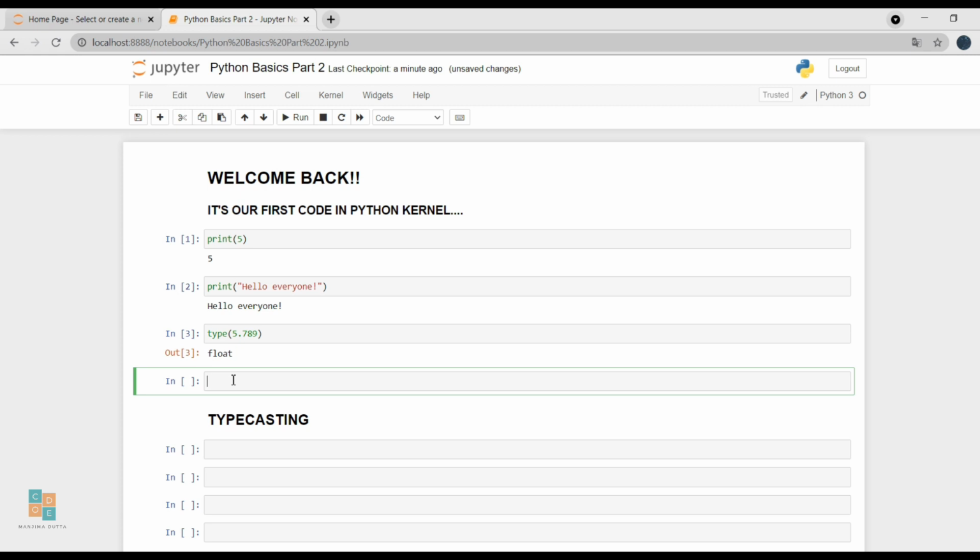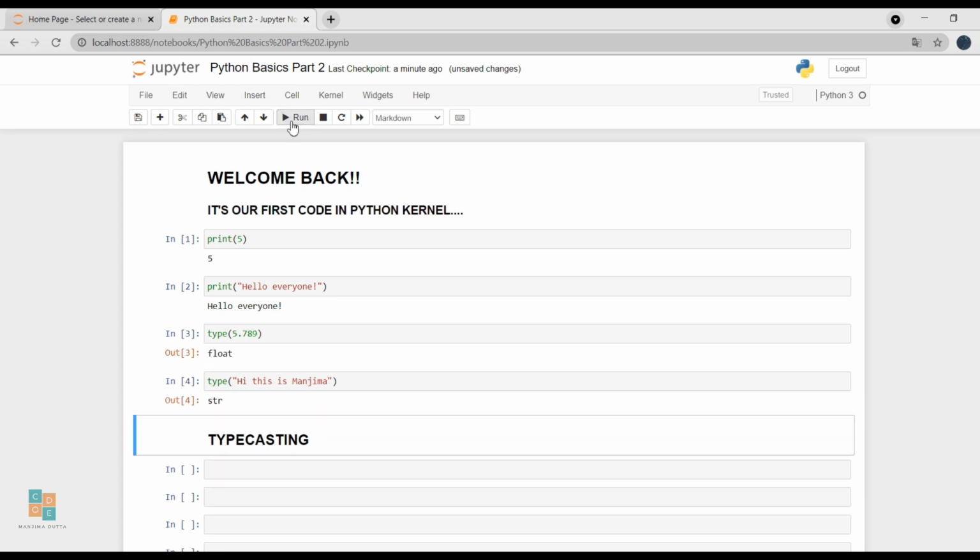If I want to check the data type for this string value, let's see what happens. So it gives me the data type string as it falls into the string category. So that is how you can run all your print commands and type commands in the Python kernel.